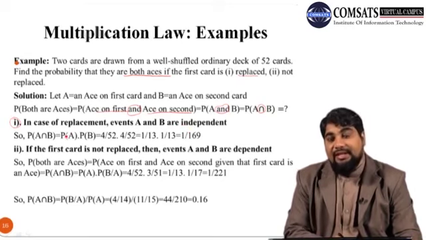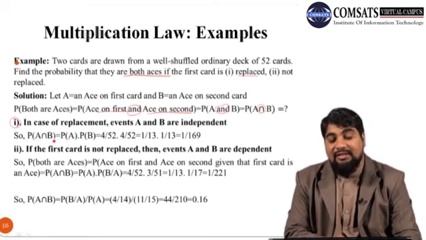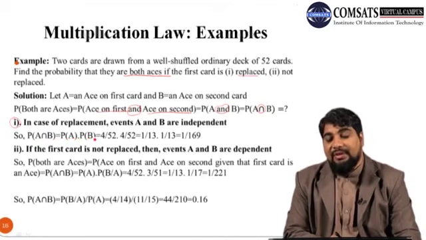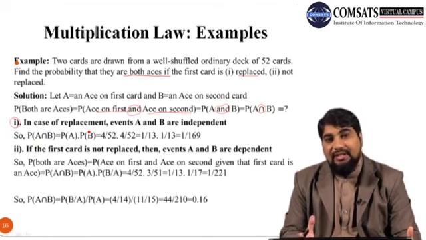So if they are independent, the probability of A intersection B is the probability of A times the probability of B. We have considered events A and B as independent because the first card is an ace card, its probability is